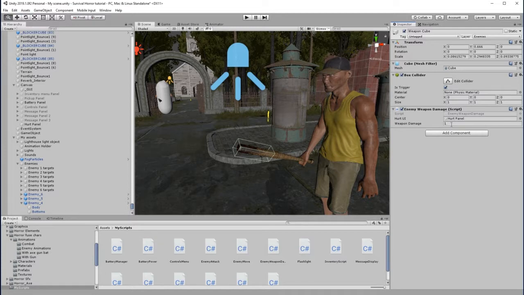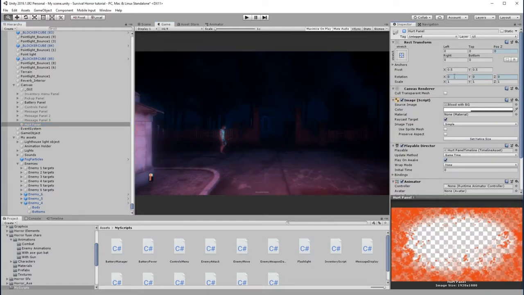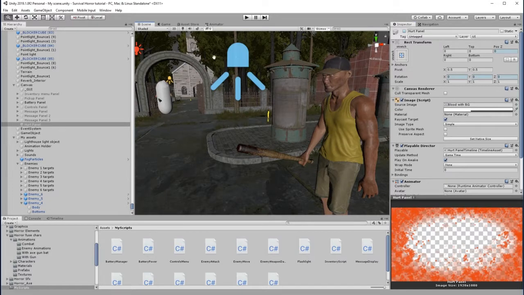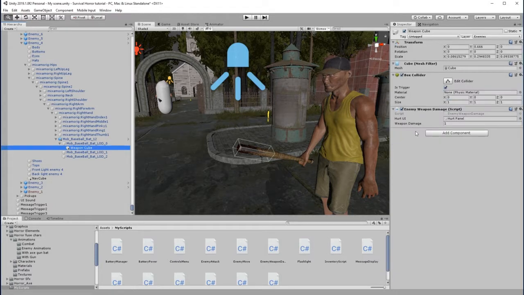Okay, and the weapon damage is currently at 1. By the way, if you go to the game tab, you'll see that the hurt panel is currently switched on. Let's just switch that off by default, so we want the script to switch that on. Okay, great. So in the next video, I want to do a walkthrough just to make sure that this is all working okay. In fact, before I do that,